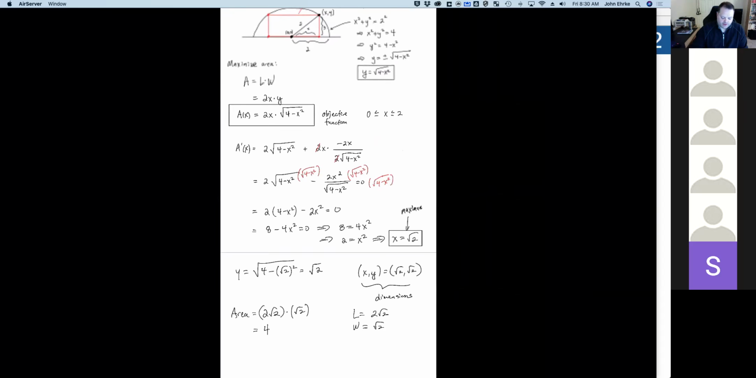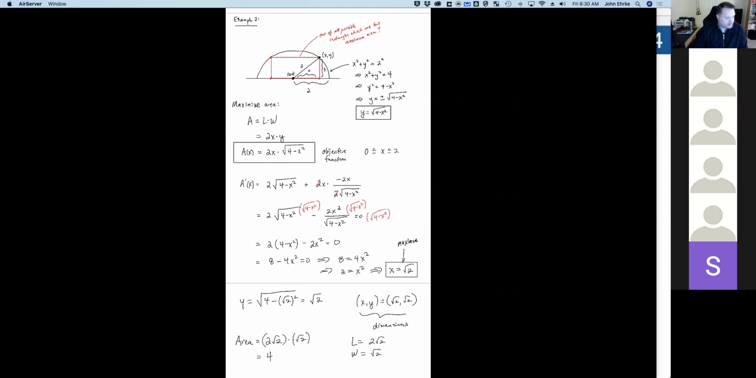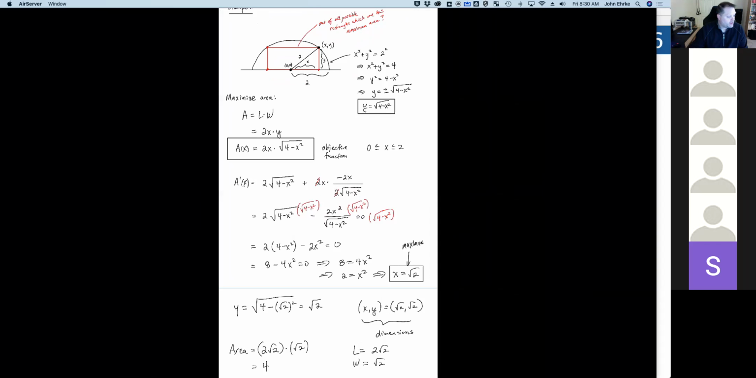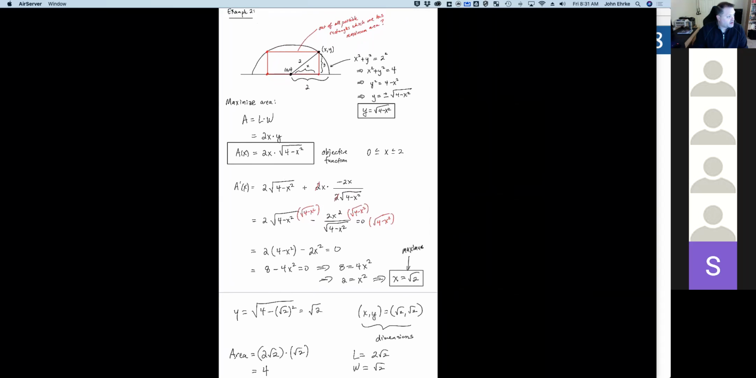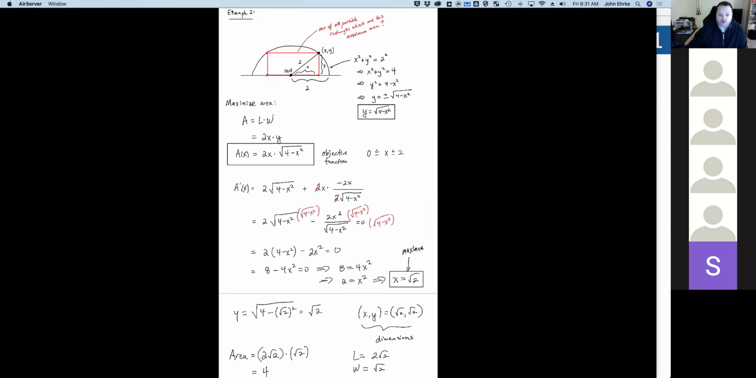All right, let's see if I can fit that all on the same screen there. Do we have any questions about the process that we took on this problem? Is the dimensions in problems like this usually a square, or do they change a lot? Yeah, so this isn't quite a square, but it is going to be